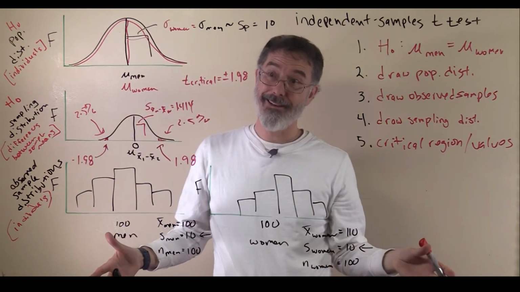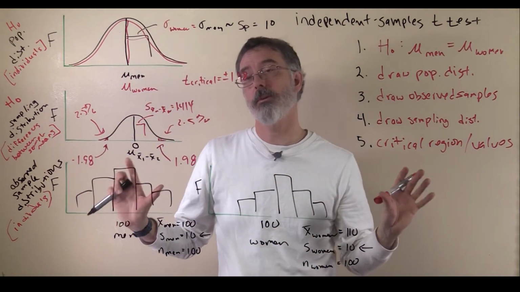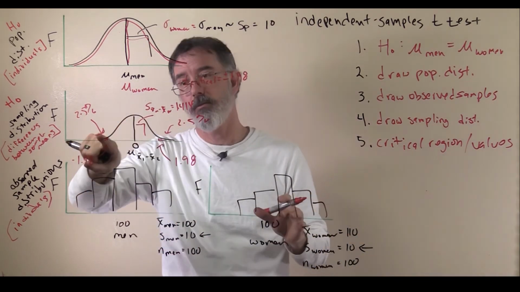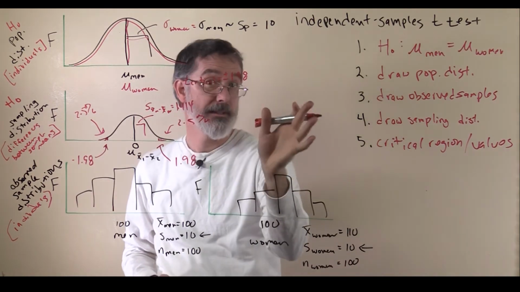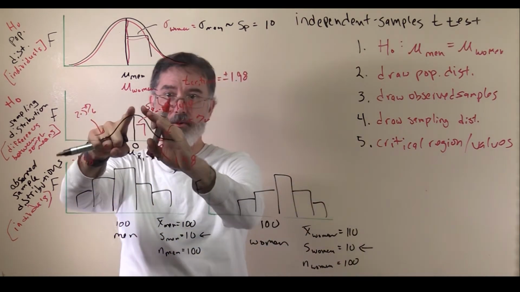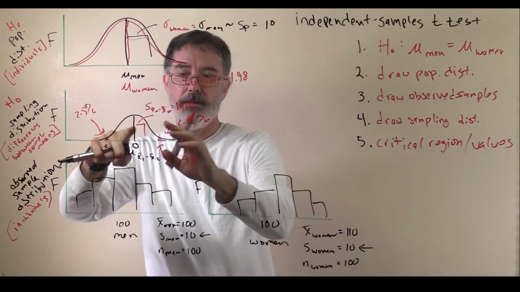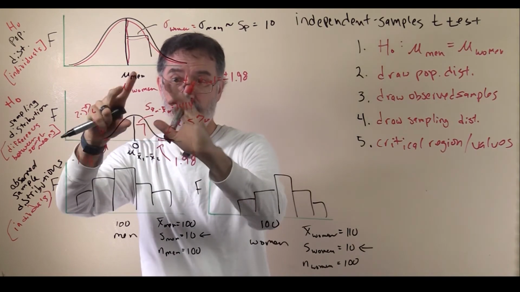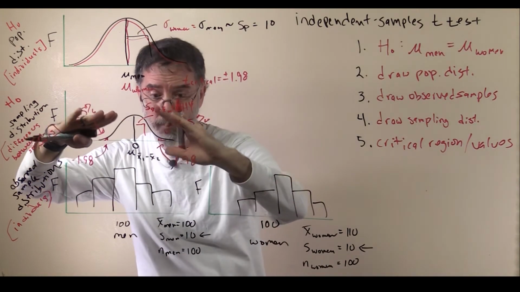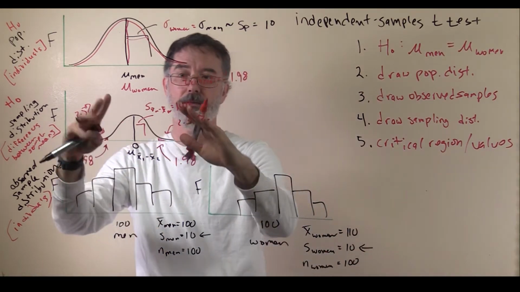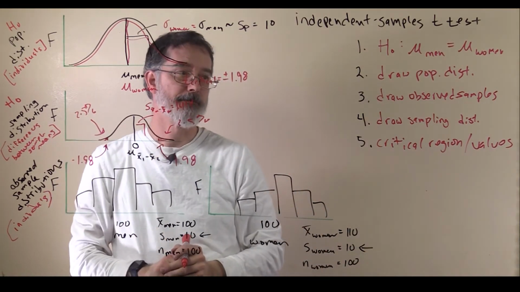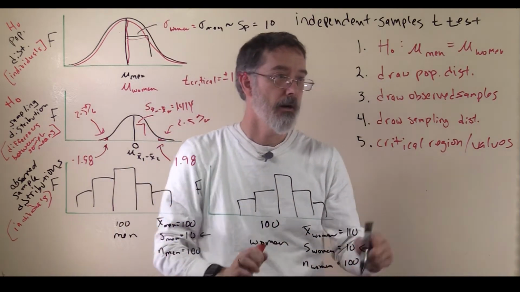Notice it's almost 1.96, which is the critical value when you have a perfectly normal distribution. That's the z critical when you do a z test, right? So we almost have a normal distribution here. And remember, the t distribution becomes more and more normally shaped the larger your sample sizes are. So we have pretty large sample sizes, so this turns into almost a normal distribution here. All right, our next step